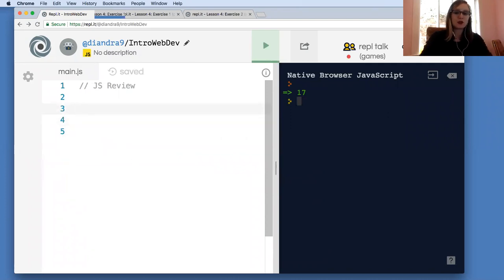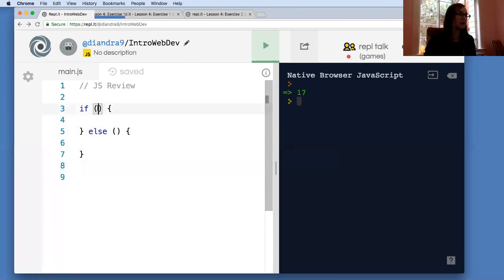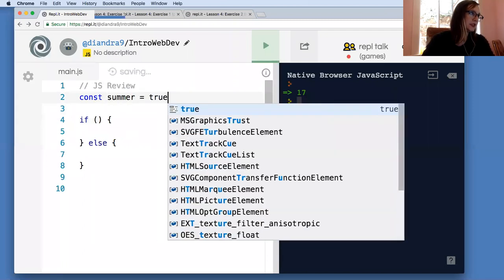The last thing I want to review is if-else statements. So we will be seeing a lot of these tonight. So the idea with an if-else statement is you have some sort of condition. If the condition is met, you run one chunk of code. If the condition is not met, then you run another chunk of code. For example, if we had if it is summer,